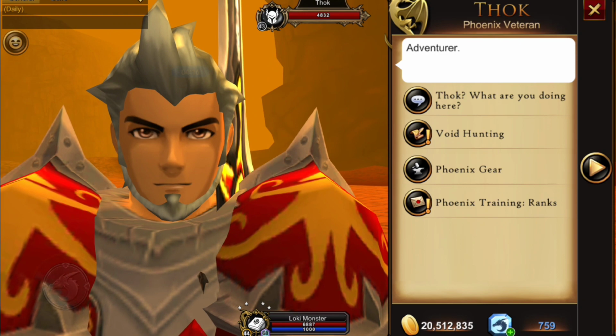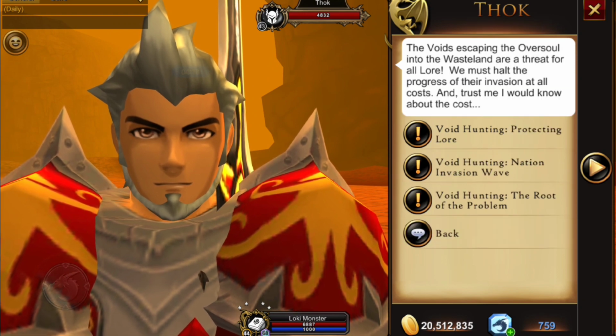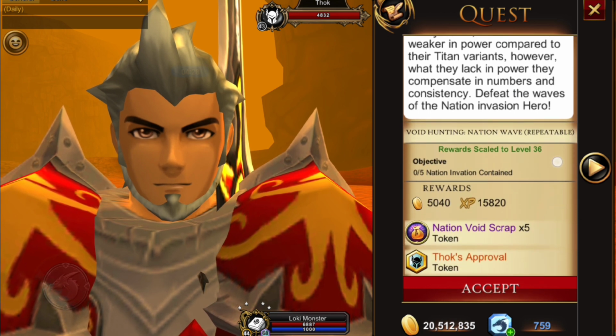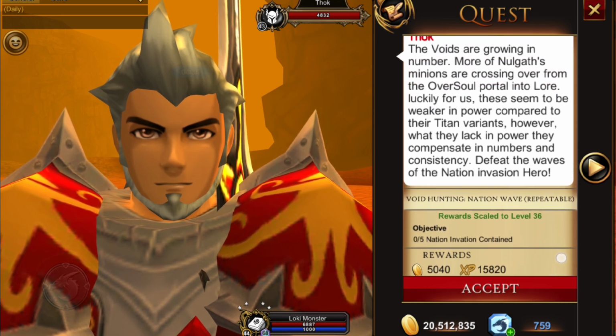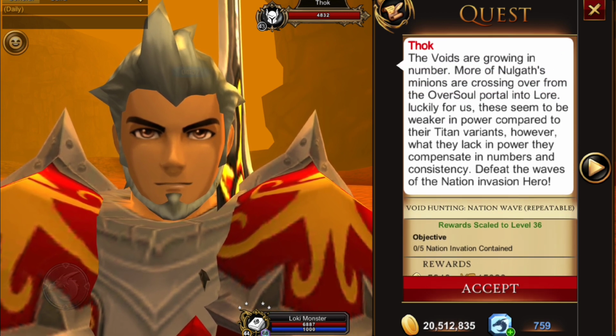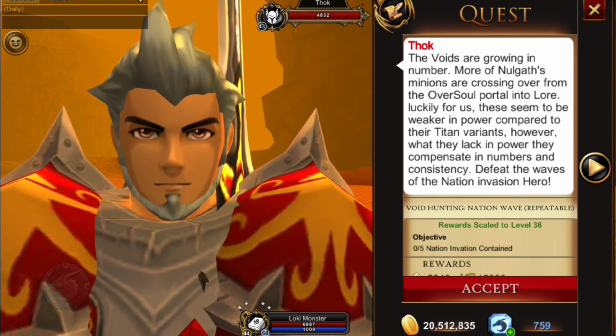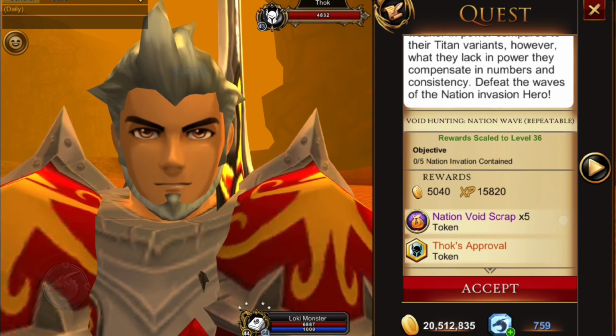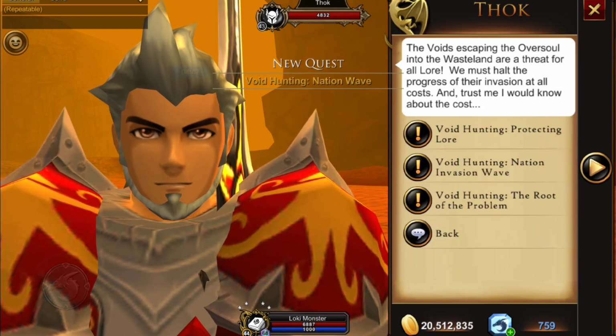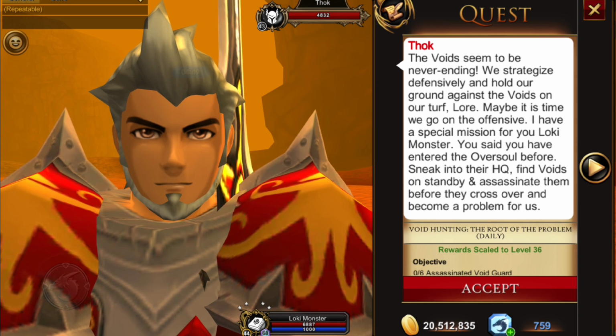Now we're going to talk to Throck, who has 2 new void hunting quests, and the first one, and these are repeatable, is Nation Invasion Contained. And basically you're going to have to beat 5 nation voids. They're these little tiny void guys, and this is actually worth 5,000 gold and 5 nation scraps, as well as a Throck's approval. And the next one is a daily, which is the root of the problem, and you have